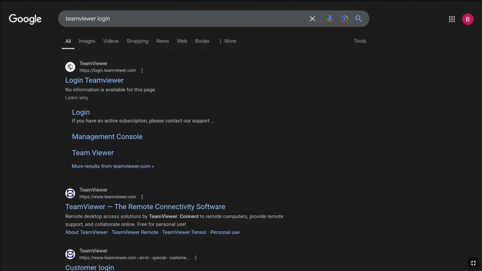How to reset TeamViewer password? So you cannot log into your TeamViewer account because you have forgotten your password. Then in this video I'm gonna show you how you can reset your password so that you can sign in to your TeamViewer account. First of all, open up any browser and search TeamViewer login and go to the first